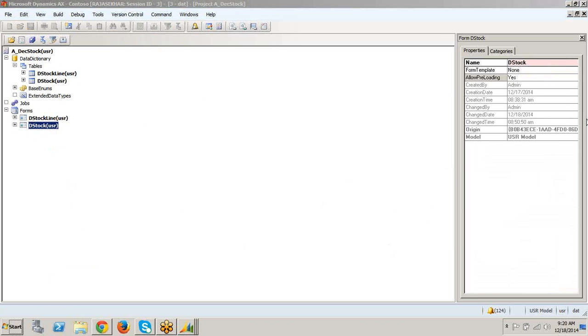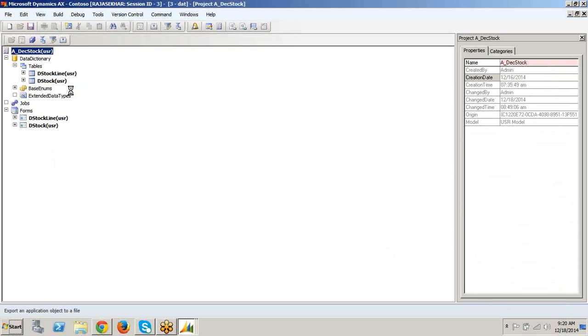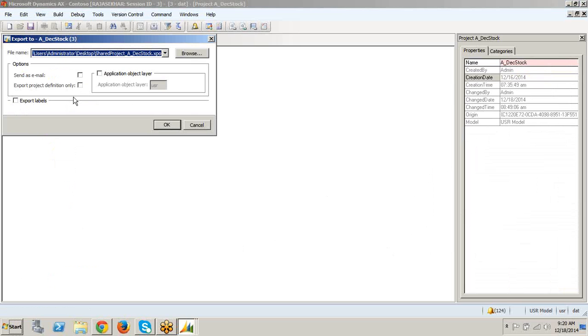Because in the production environment, if you don't create the label file ID, whatever label file ID you have created here for the fields, those fields will be created, but it will show only the table fields. It will not show the label file IDs. See here, for exporting, we have an option called export to deploy into the client's machine.